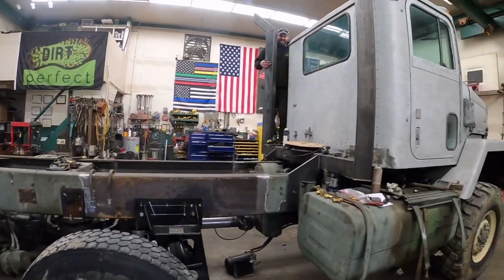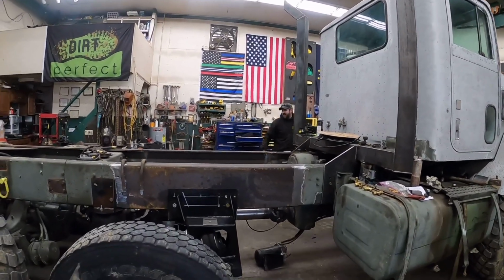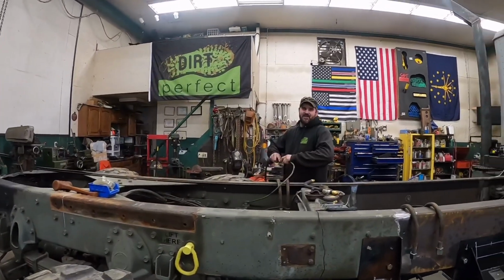Well, she didn't fall apart. No. Held together pretty good for its first trip. Yeah, the emergency brake's a little inconvenient, but